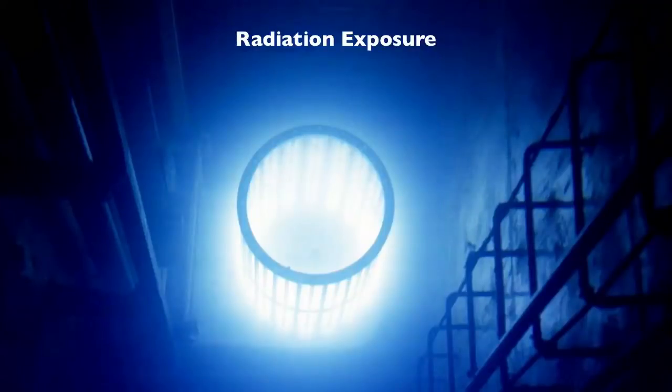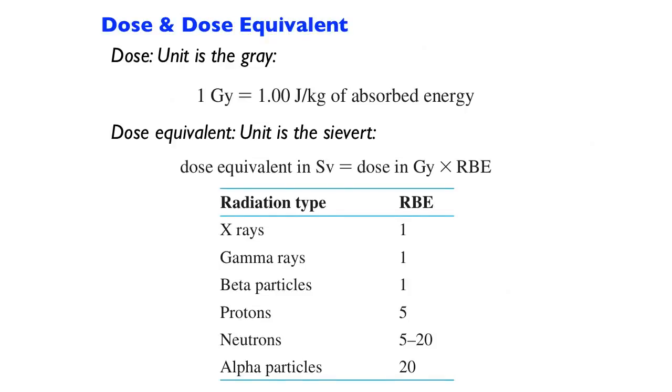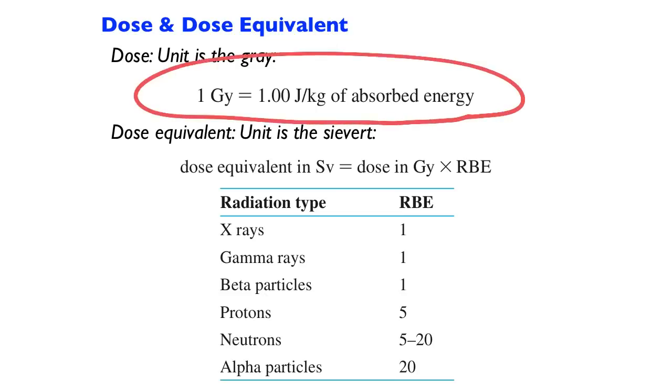Now I want to talk about radiation exposure, because the radiation that we're talking about this week is ionizing radiation. The alpha particles, the betas, the gammas, they will ionize matter. They will damage nuclei of atoms. They will damage nuclei of cells, the other kind of nucleus that you guys are familiar with. And so we want to worry about radiation exposure and trying to quantify it. And we do it using the gray and the sievert, okay?